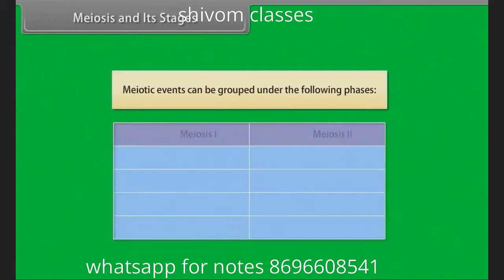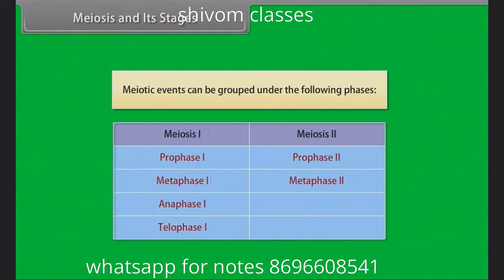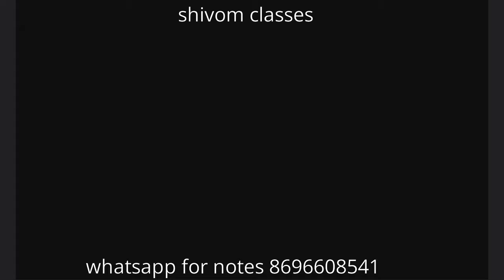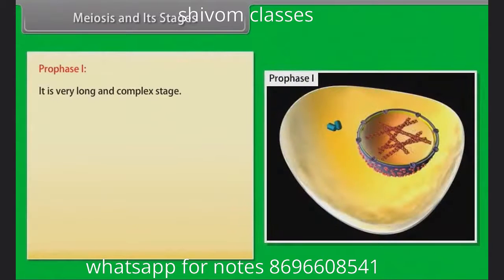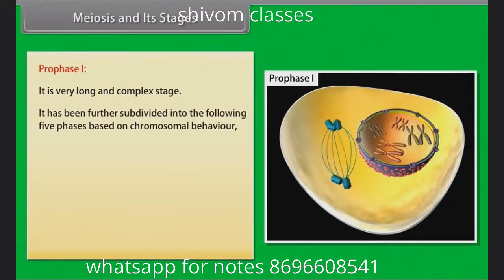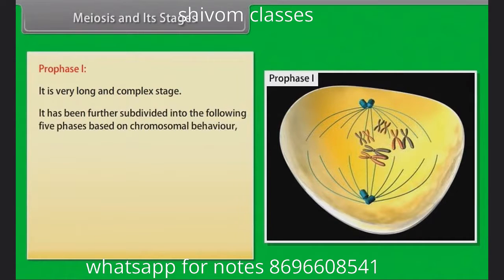Meiotic events can be grouped under the following phases: prophase I, metaphase I, anaphase I, and telophase I come under meiosis I, while prophase II, metaphase II, anaphase II, and telophase II come under meiosis II. Now let us know each phase in detail. The first stage of meiosis I is prophase I. It is very long and more complex in comparison to the prophase stage of mitosis. It has been further subdivided into the following 5 phases based on chromosomal behavior, that is leptotene, zygotene, pachytene, diplotene,